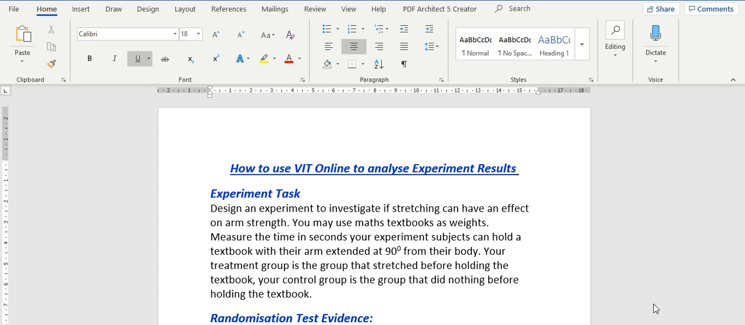This is a video on how to analyze experiments or results by using the VIT Online randomization test. For this purpose, we take the following task: design an experiment to investigate if stretching can have an effect on